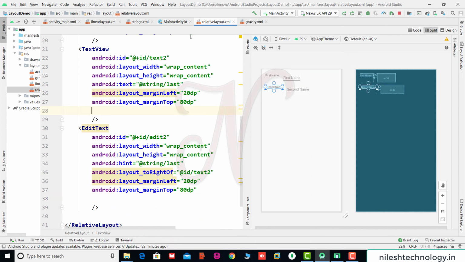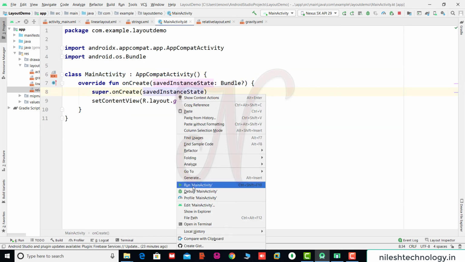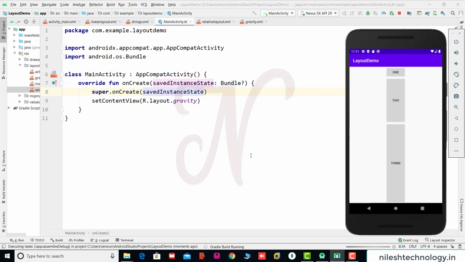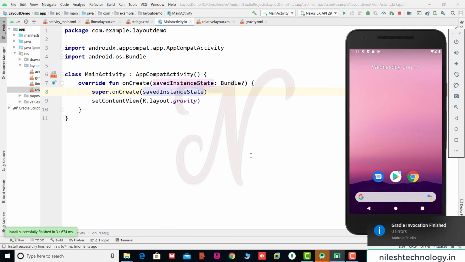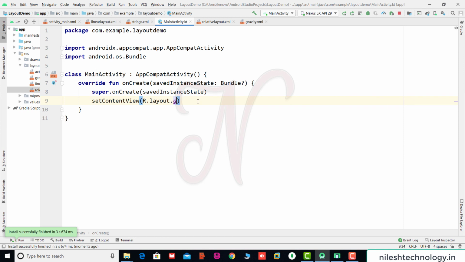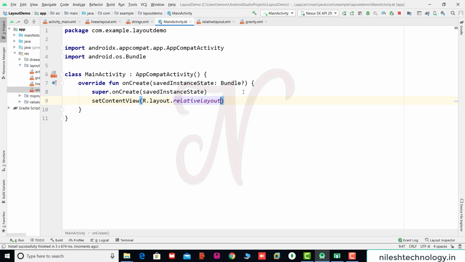Now we test this code. Save these changes, go to the activity and run. Here we change the layout name to R.layout.relative_layout.